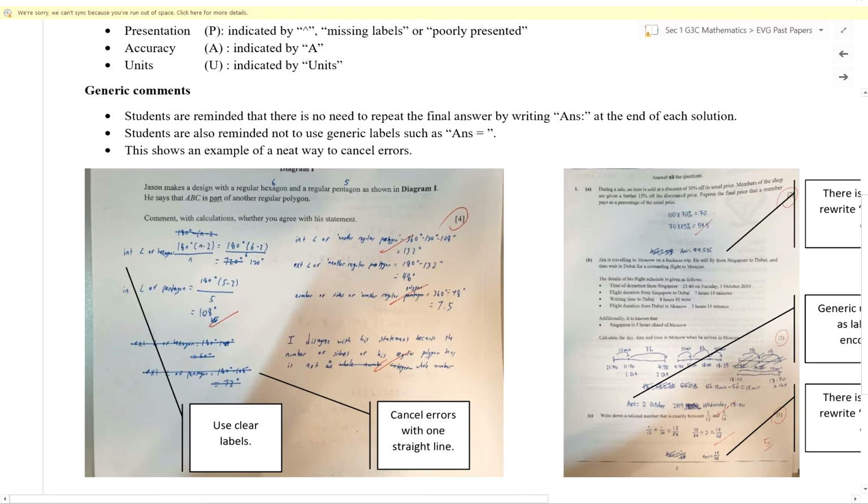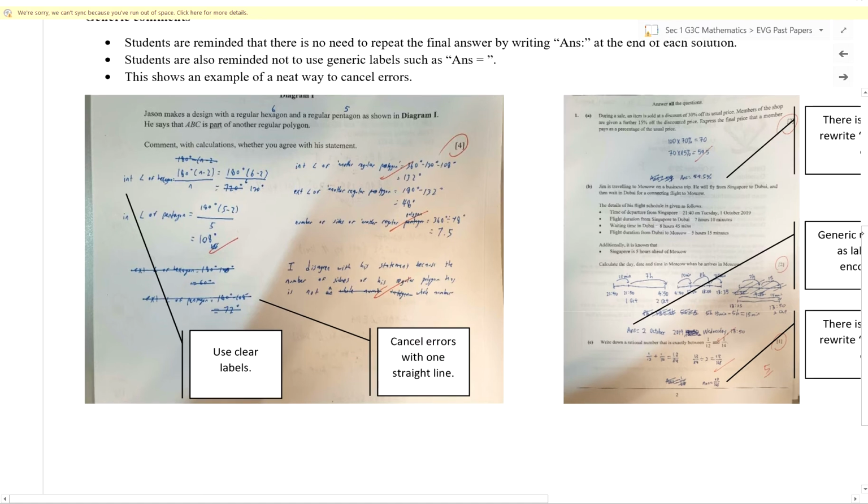So an example on how to cancel your errors. So cancel away neatly. You are supposed to use very neat and clear labels. And on the other side,